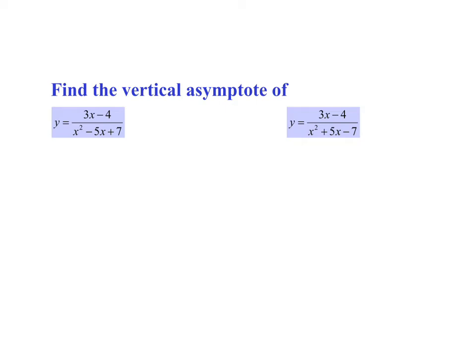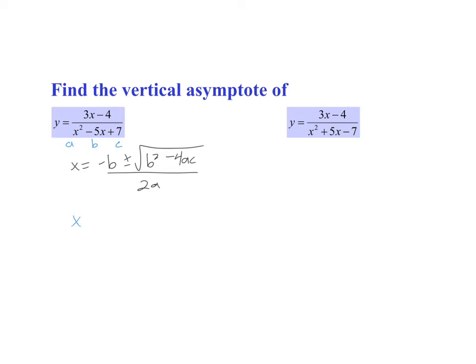Okay, here's two more, and these ones are both a little bit tougher because we can't factor the bottom easily. So if you ever run into a situation where you can't factor it just by normal sum and products or whatever, probably your best bet is to use the quadratic formula. So I'll just rewrite the formula here. So if we have our equation, we could always plug it into the quadratic formula to determine those values. So in this case, if we plug in, our A will be 1, B will be -5, C will be